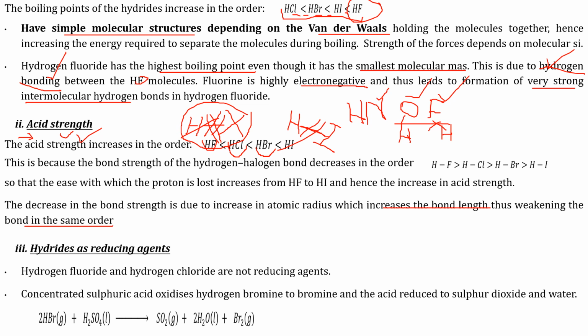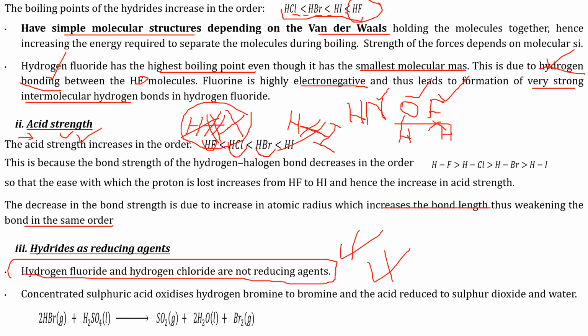Looking at part 3, we are going to look at hydrides of group 7 elements as reducing agents. So these hydrides are going to be reducing agents. Now this is a most common question in UNEB. We examine it practically, but we examine it indirectly. So we are saying that hydrogen fluoride and hydrogen chloride gas are not reducing agents. You need to write this statement when you're answering, and it will carry a full mark, because we shall tell you to describe